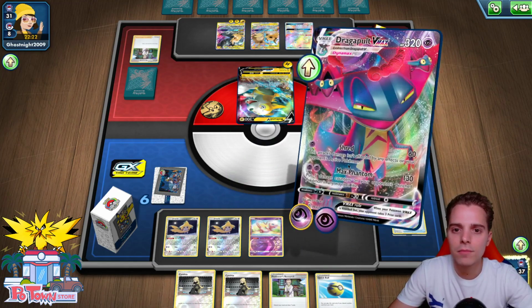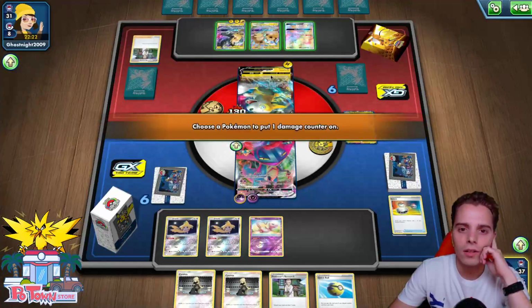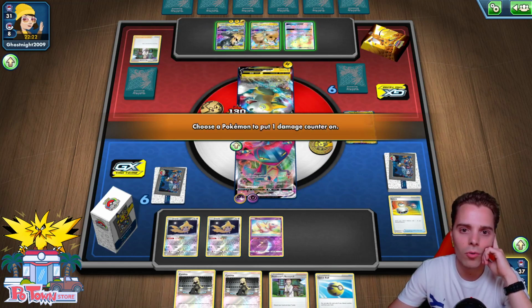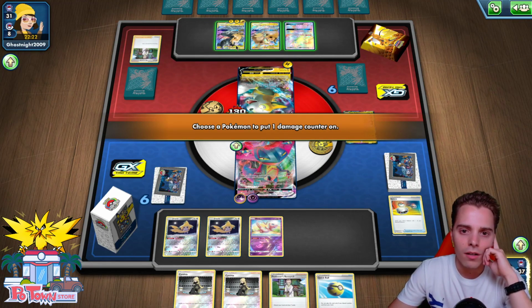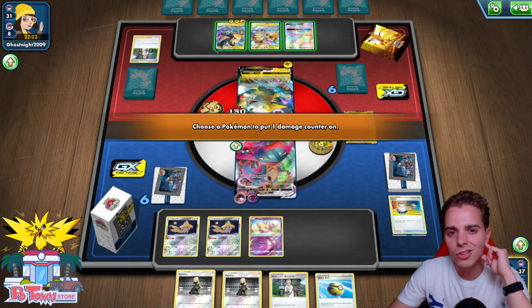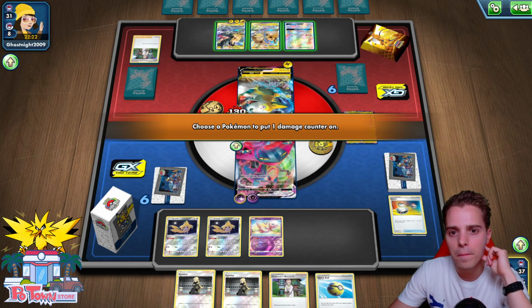So a Max Phantom. Now we have access to our damage counter placements. Okay, he only has huge HP Pokemon, right? So this guy will cause us some trouble, or we just go crazy with PikaRom. Slapping 1 damage on there. He's gonna attack, we attack, hopefully get another attack off next turn. I think I will drop my damage counters on...